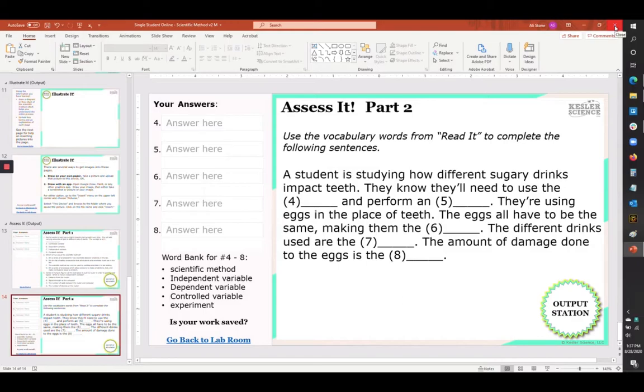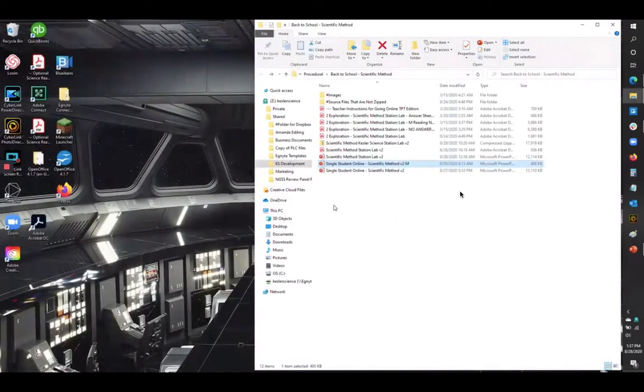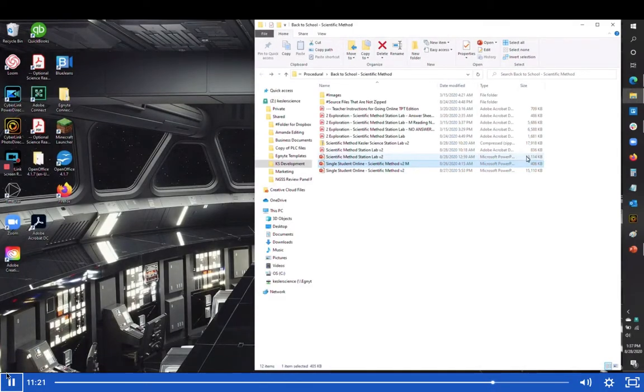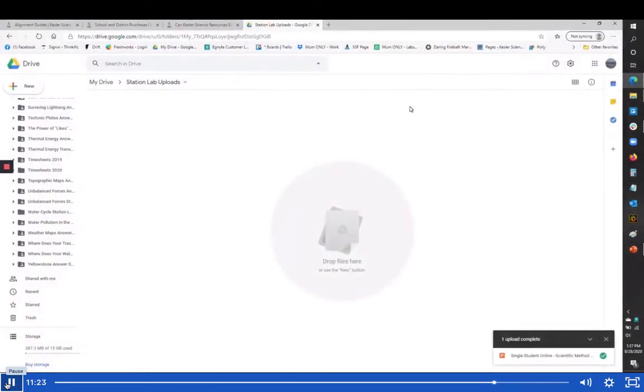Now let me show you how to take one of these PowerPoints and upload it to Google Slides if that's something you need to do. So I'm going to go over to my Drive, and some of you may